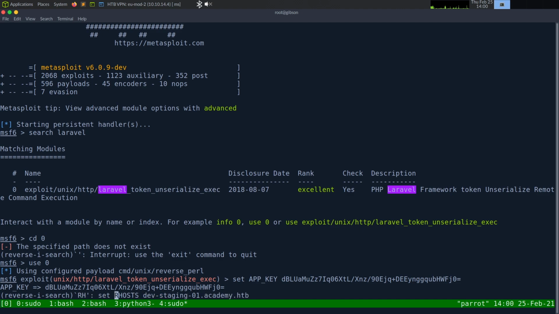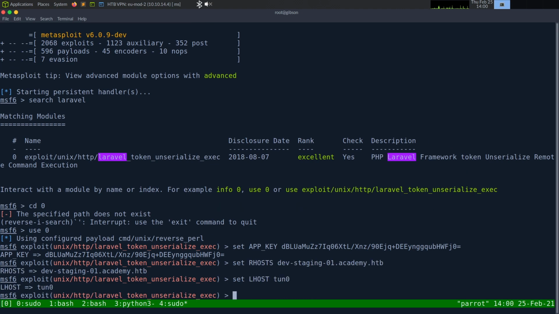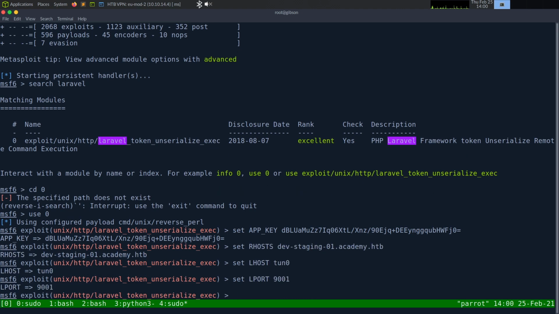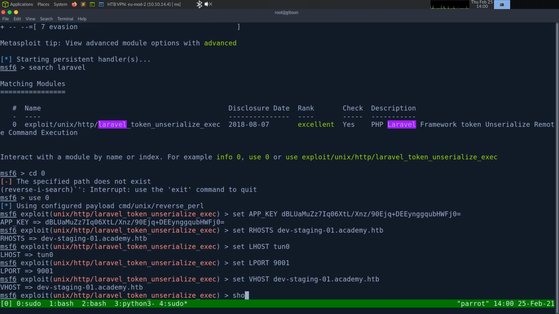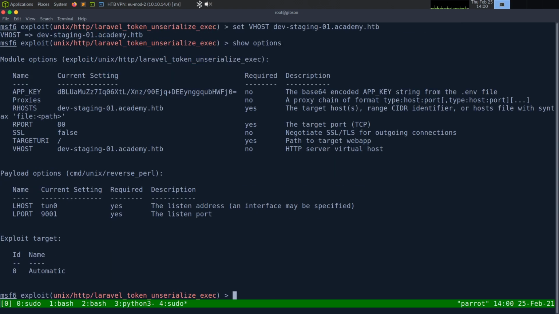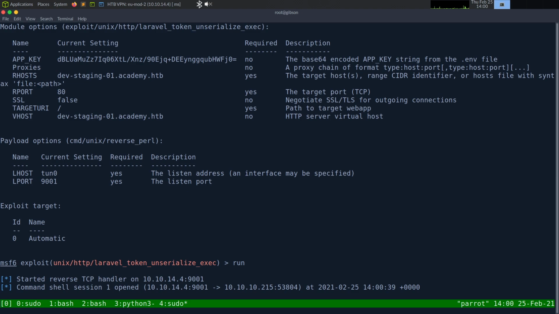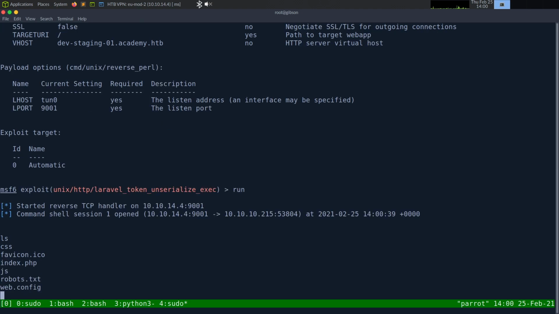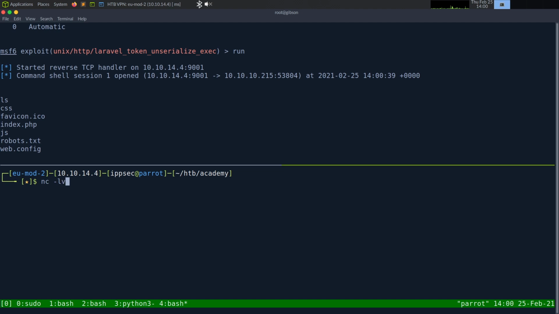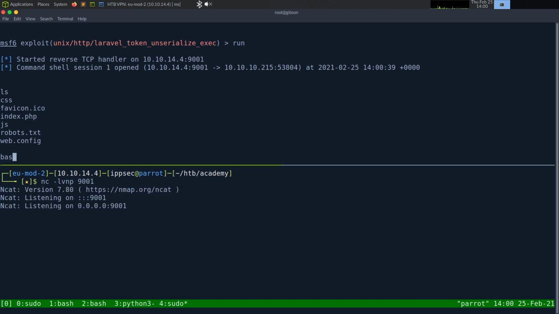set vhost to our app suite, our host, LHOST. I'm just hitting Control R to do this. Set vhost. Target 0. We don't need a proxy. Should be fine. Run. Okay, command shell opened. So what I'm going to do is we'll listen on 9001 and say bash -c